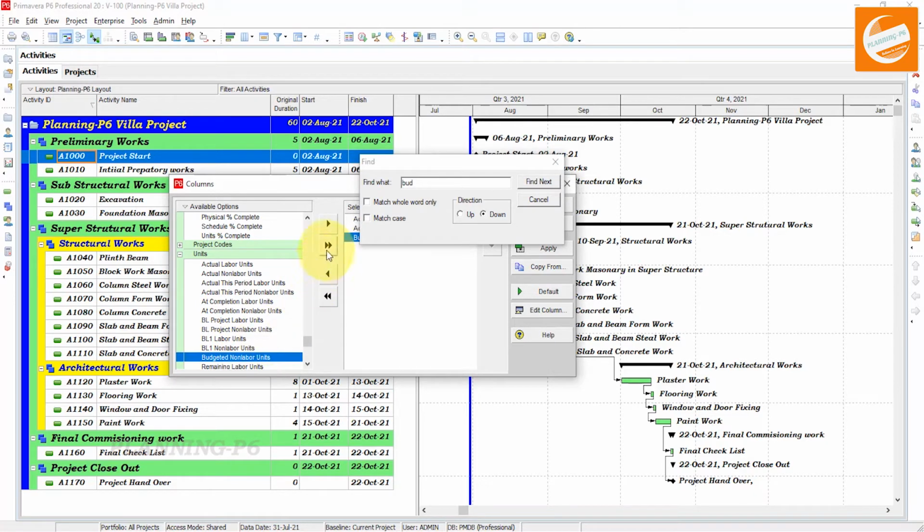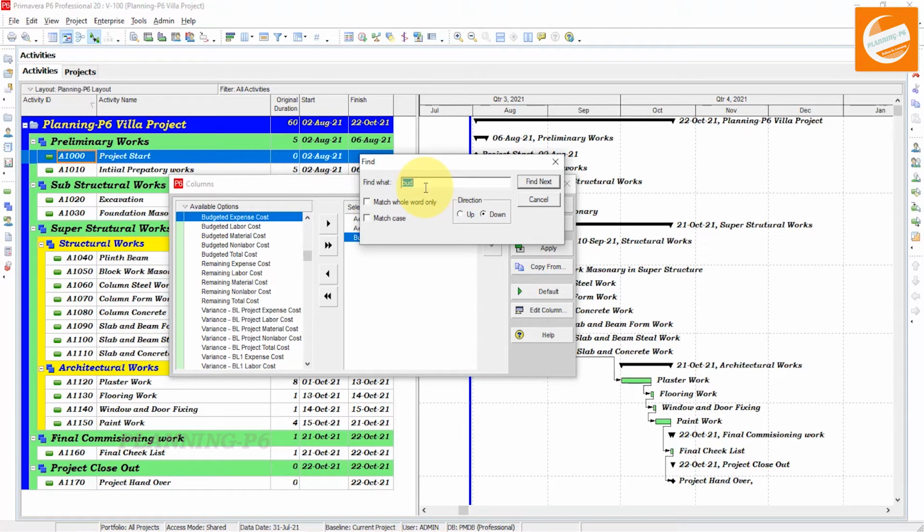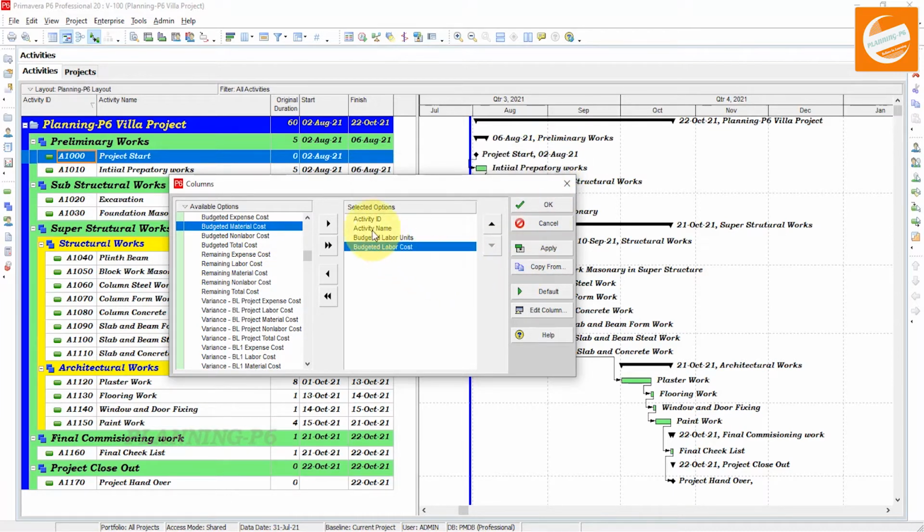Double click on it or move it with this button, and then budgeted labor cost. This one. Move it. Close that window. You can see here our budgeted labor cost column is here.